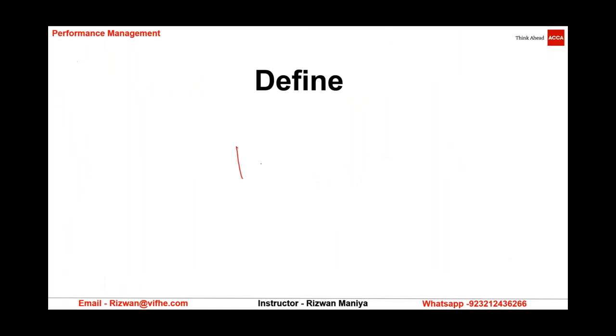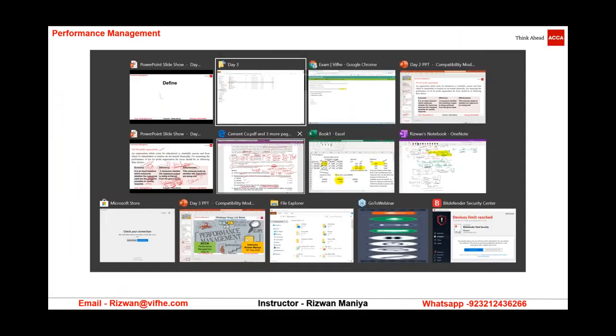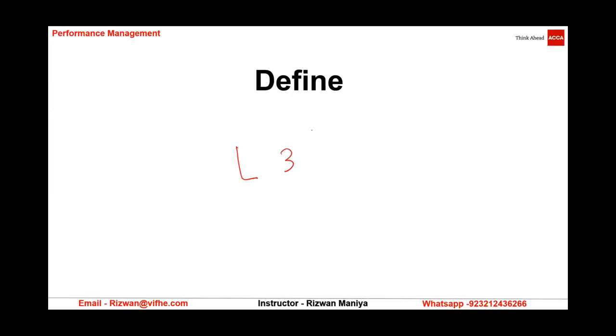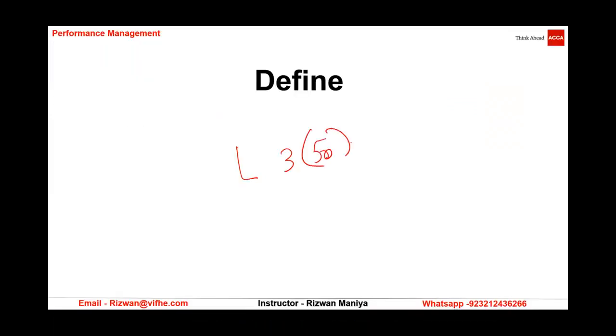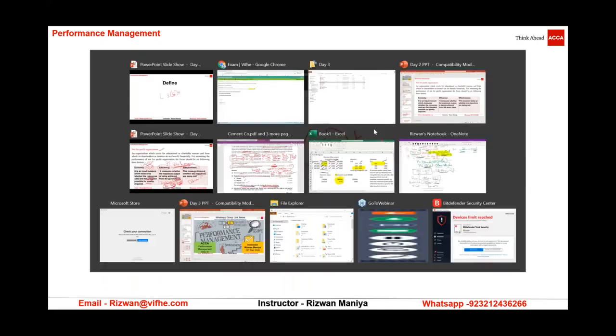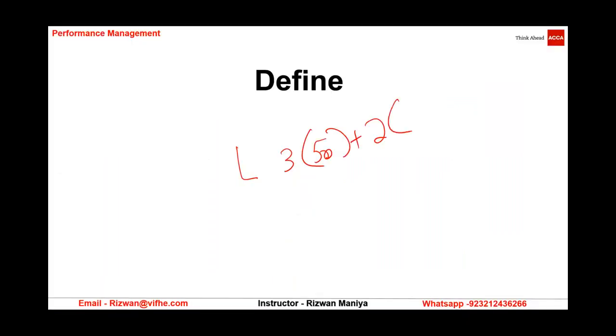So, labor. What are we supposed to do? 3. How many units have we produced? 500 plus 2 times 400. Can any one of you tell me the answer? It's 2300